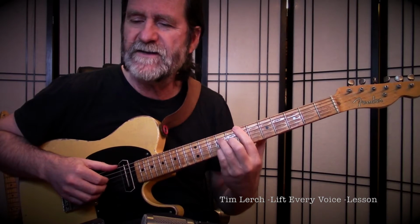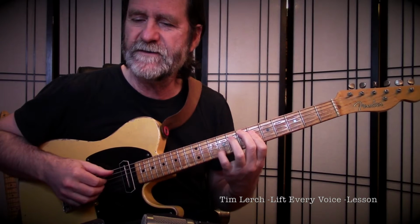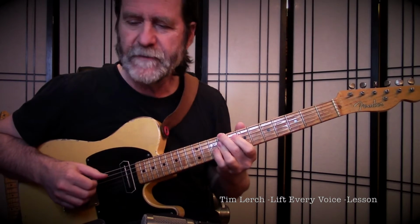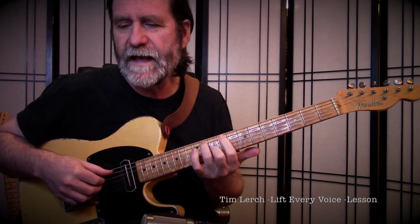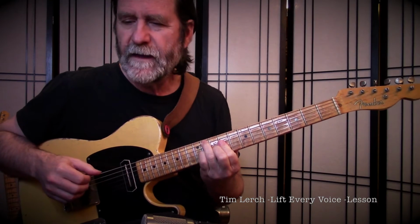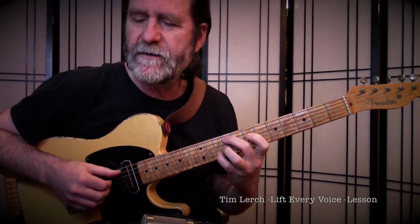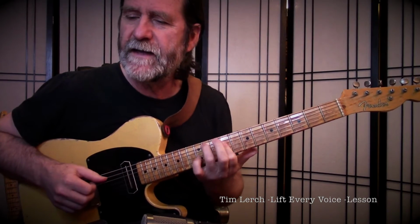Another E major 7. You could play an E triad there if you're offended by that major 7, or even a 6. C sharp diminished, C sharp minor. Then up here, C sharp 7 with G sharp in the bass, which could also be known as G sharp minor 6. And then we have a little climb here, F sharp minor 7, E with G sharp in the bass,